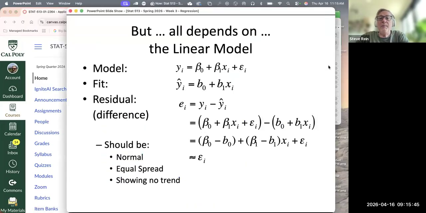Okay, so it seems like we talked about these things called the residuals. What the heck is a residual? We seem to treat the residuals almost as if they were the same thing as the underlying true epsilon. So remember our model here, and let's see if I can grab a color to highlight. Yes, I have a highlighting color.